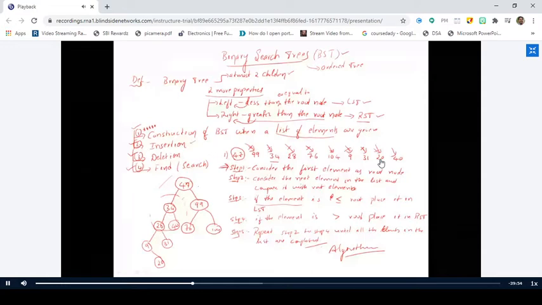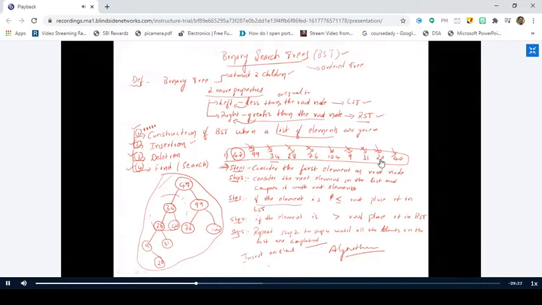So for example, you will be given a list. What type of problem might you be asked in insertion? You might be given a list of elements like this, and you will be asked to construct a binary search tree. You know very well how to construct the binary search tree. And as an additional point, what he might ask is to insert an element. Let us take 63. Insert element 63 in the binary search tree. What will you do? It's a simple process.